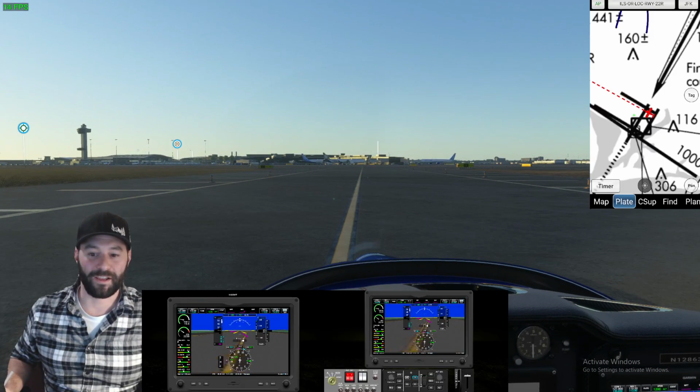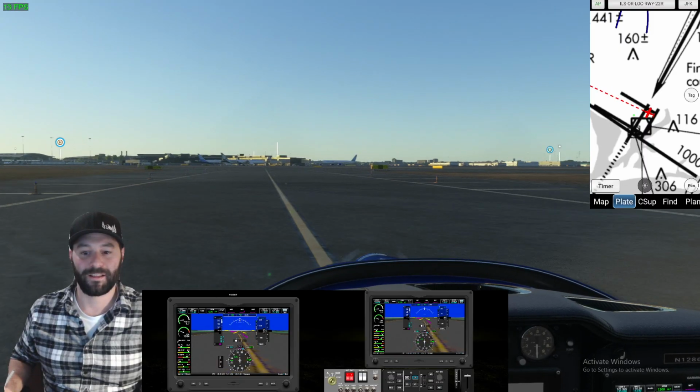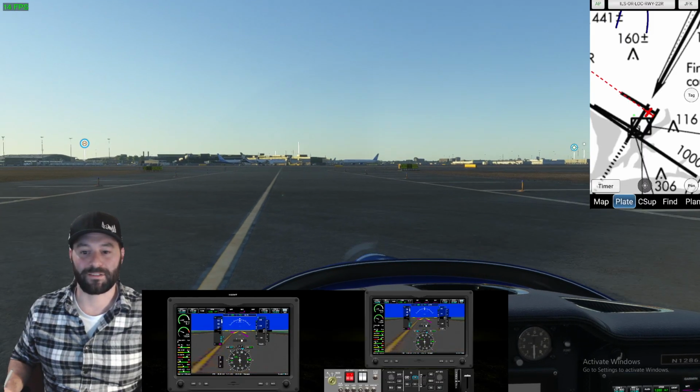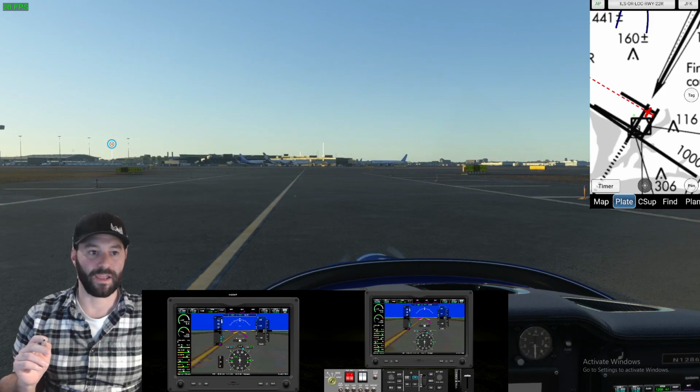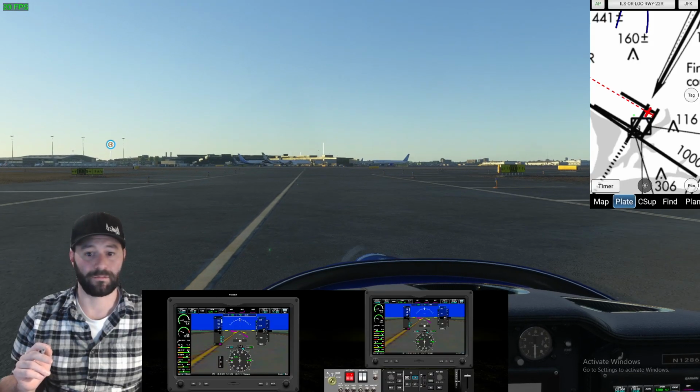In real life, I would not be flying at this busy of an airport with this confusing taxiway. Alright, so one thing that I'm noticing right now is my FPS is absolutely